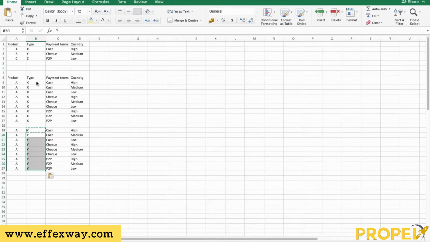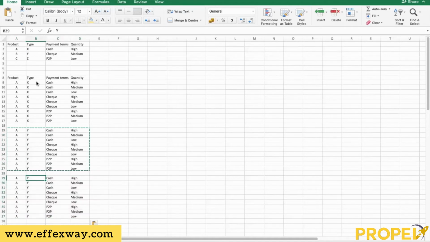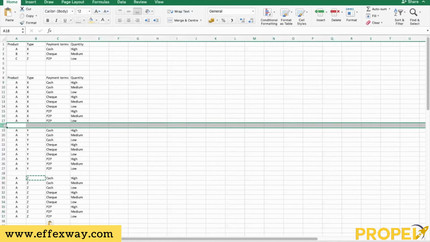So I've got all combinations now for X and Y. I'm going to copy paste this once again. So I'm going to copy this and paste this, and I'm going to make this Z. Okay. So I've got all the second parameters covered. I've got all combinations for X, all combinations for Y, and all combinations for Z for a product which is A. Now I need to remember to delete these lines, because what I'm going to do next, I won't